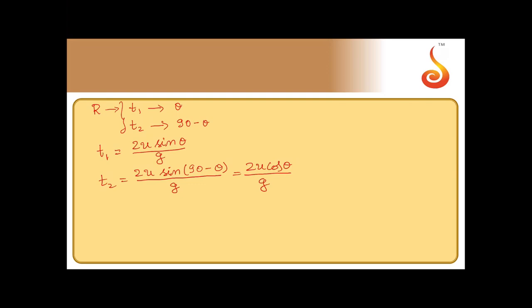So multiply these two. T1 T2 is equal to 2 into 2u square sin theta into cos theta, this is what you will get, divided by g square. So you will get this. Now T1 T2 is equal to, I will take 1g out of this, I will write this as 2 by g into, see, 2 sin theta cos theta can be written as sin 2 theta. So it will be u square sin 2 theta. 1g I have written here, another g I will write here.